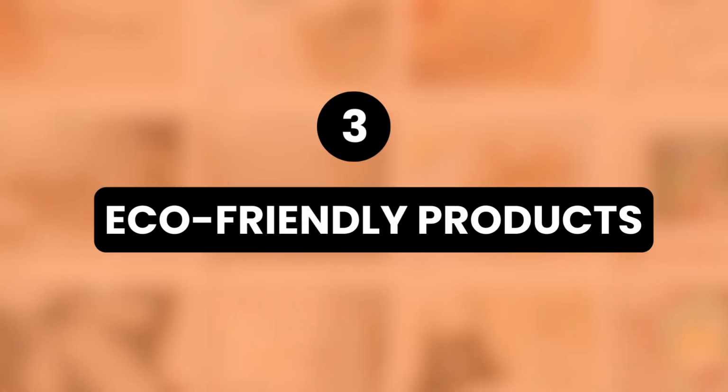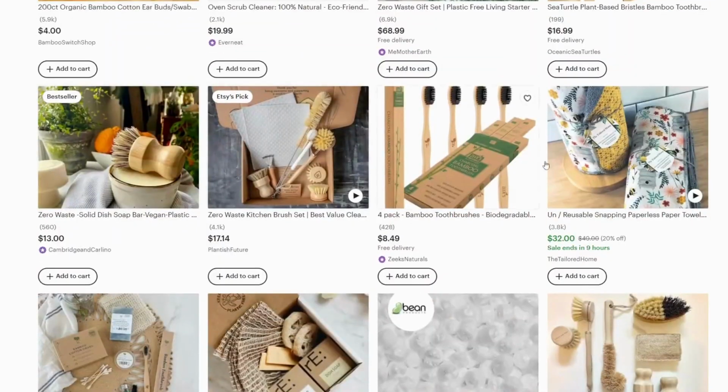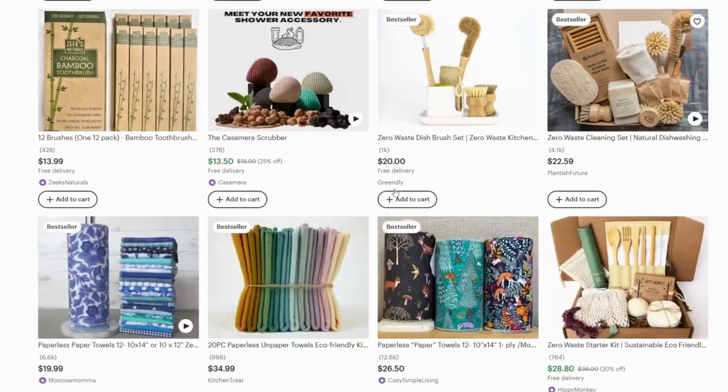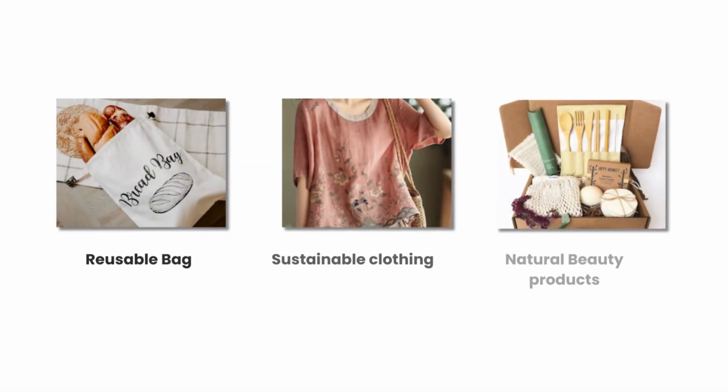Number 3. Eco-friendly products. Eco-friendly products are also becoming increasingly popular, and they're a great way to show your customers that you care about the environment. There are a lot of different eco-friendly products that you can sell on Etsy, from reusable bags to sustainable clothing